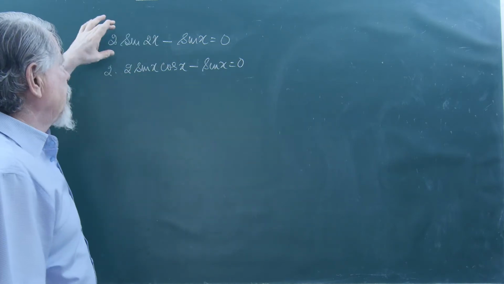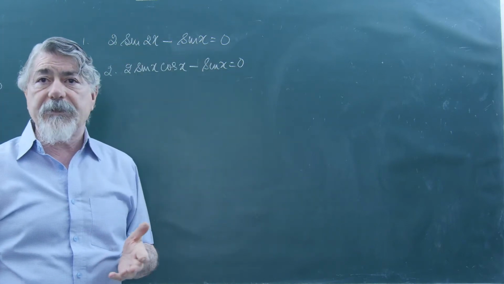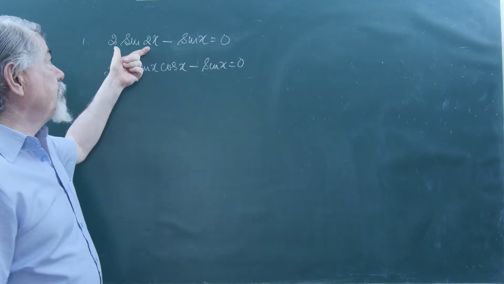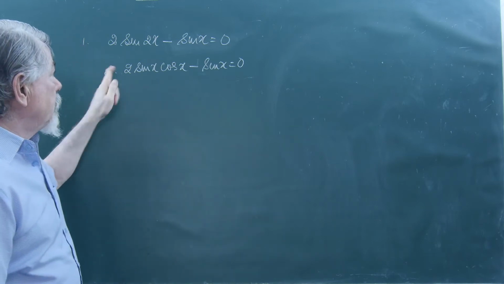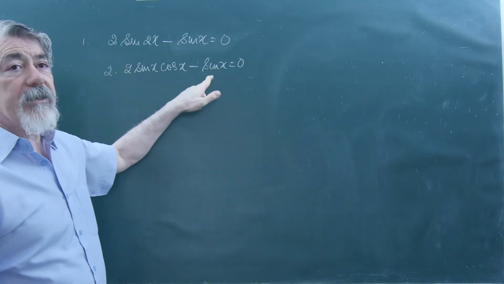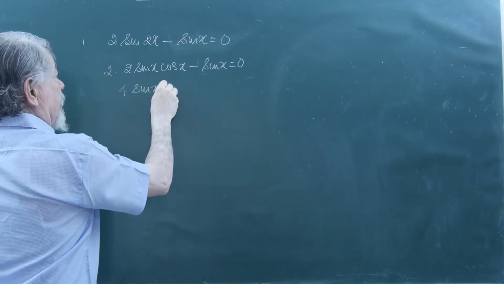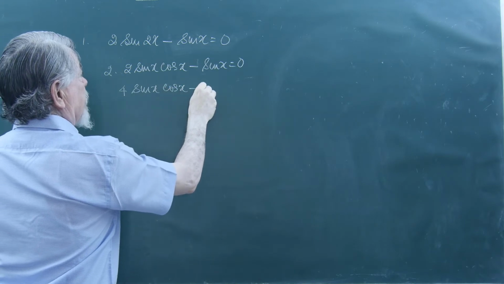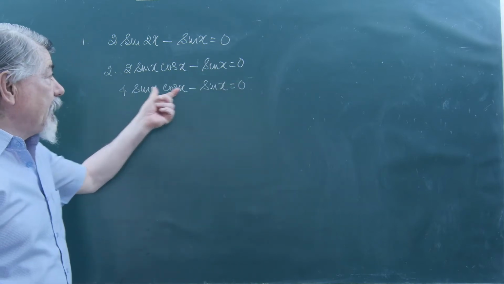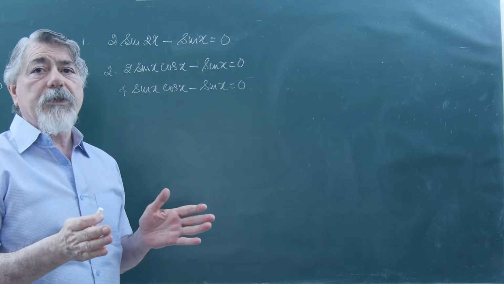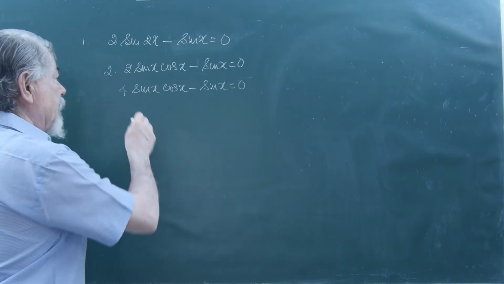trigonometric equations. Now sine 2x and sine x was there. If I could convert sine 2x in terms of sine x and something else, which was very simple because the sine 2x formula you know is 2 sine x cos x. So I wrote 2 into 2 sine x cos x minus sine x. Now it becomes 4 sine x cos x minus sine x is equal to 0. We can take sine x common and we will get 2 separate equations, and then we can equate them equal to 0 and we will get the values.